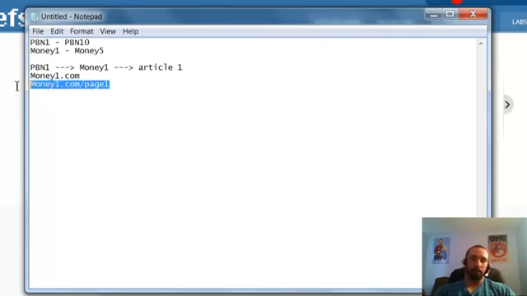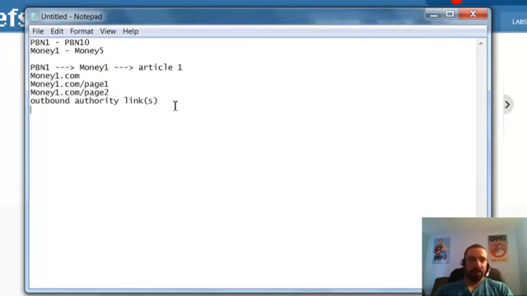Usually just two. Sometimes I'll just do one. Maybe I'll just link to page one. Sometimes I'll do three. I might do money1.com, page one, and then page two. Of course, these are just examples. Page one, page two would be pages I'm trying to get to rank. So this is the most I'll do usually from one article post. And I'll also put in outbound authority links with it when I do that many, especially 1, 2, 3, something like that. But the more pages I link to, the more likely I am to do that, just to help mix it in.